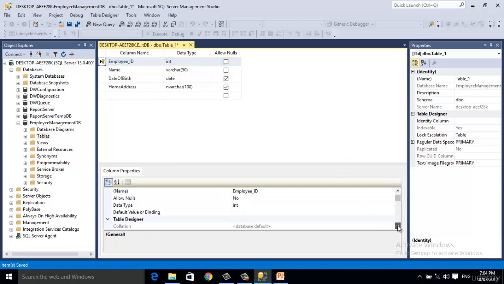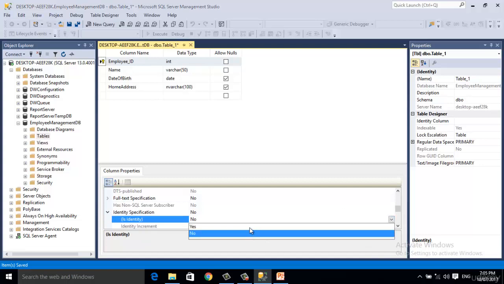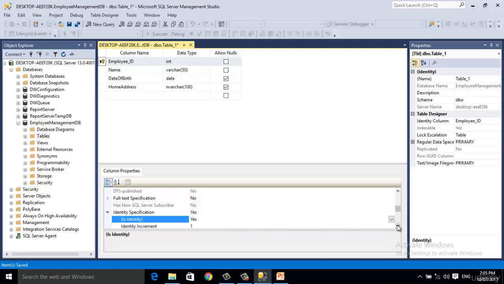just scroll down and okay, it is not allowing me to change the value of identity. Okay, click yes. It is asking me to provide the seed.